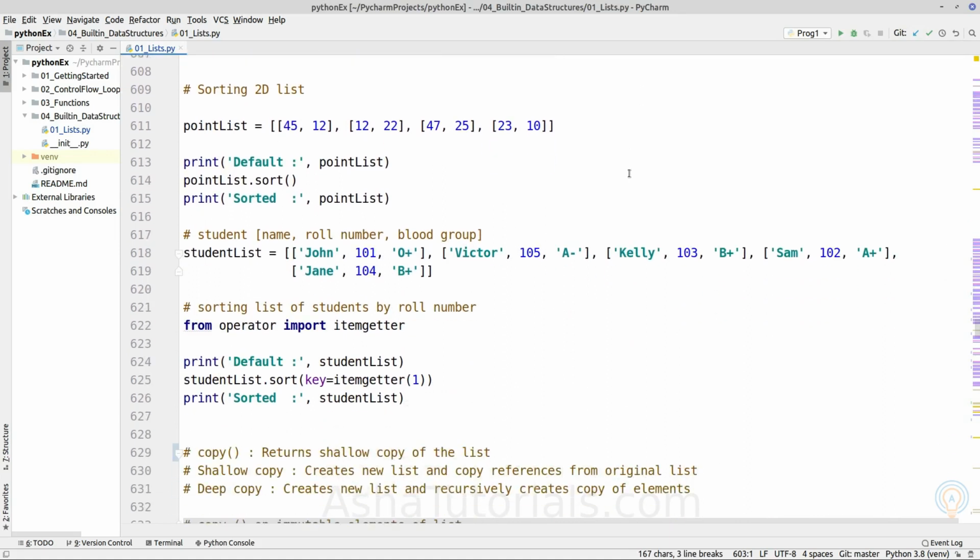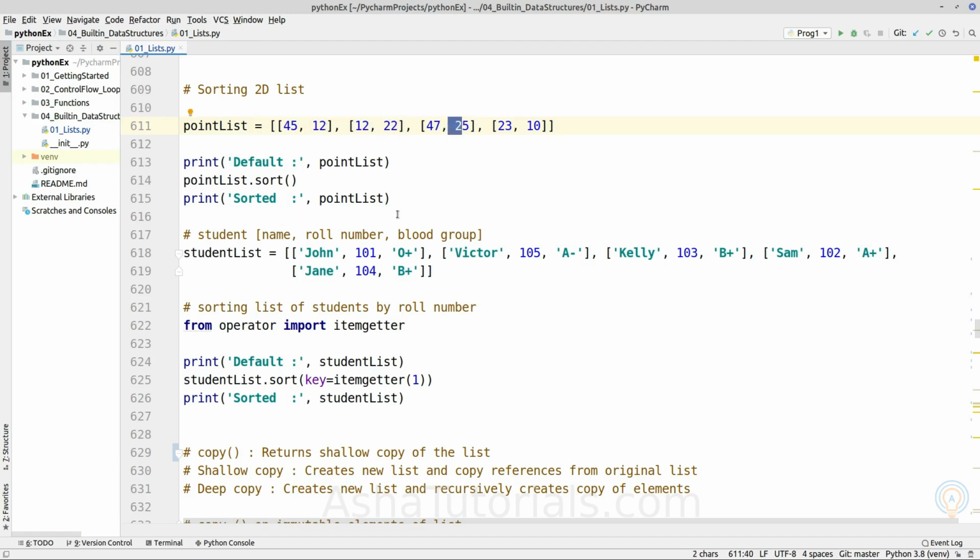Next topic is sorting a two-dimensional list. If we invoke the sort operation, it will also perform comparison of a 2D list. But how will it perform? First it will check the first element with the elements of the other lists. Then, if the first elements of both inside lists are the same, it will perform comparison on the second element.